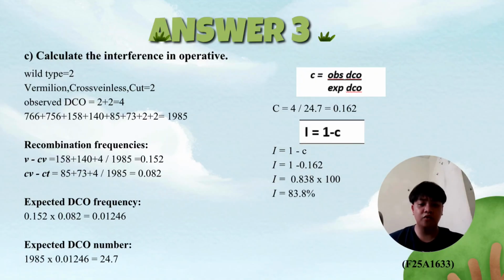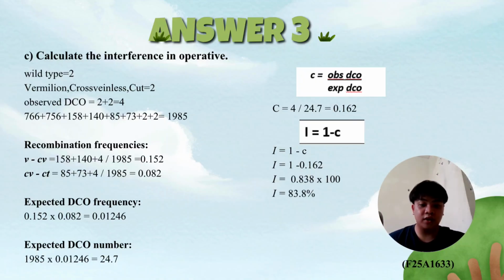From the recombination frequency calculation, the distance between V and CT is 0.152, while the distance between CT and CV is 0.082. The expected DCO frequency is 0.012546. The expected number of DCO is 24.7. Next, calculate the coefficient of coincidence. You can see the formula, and the answer is